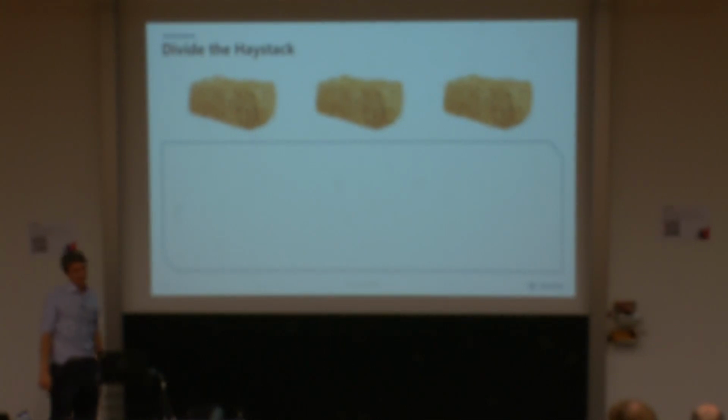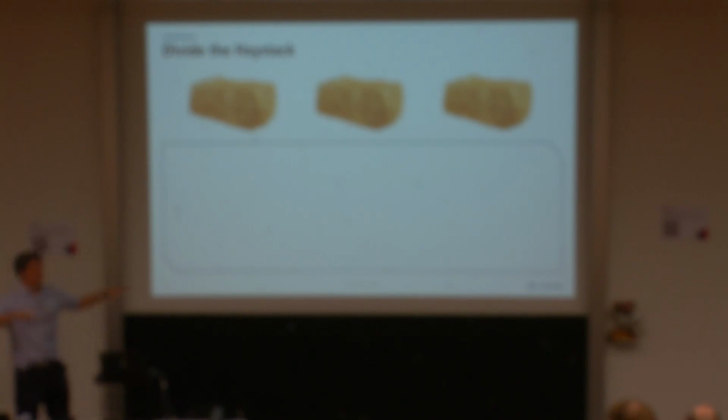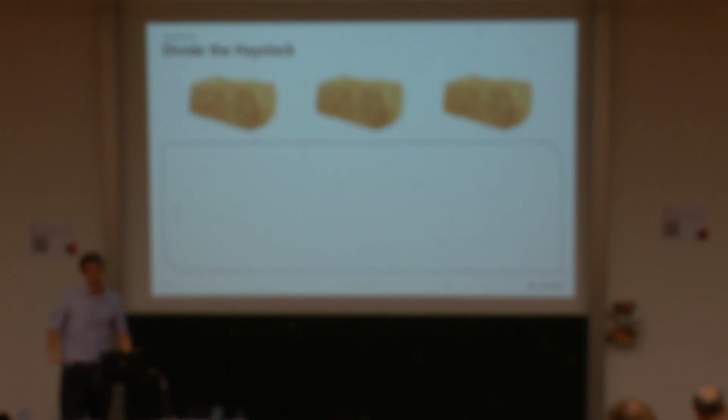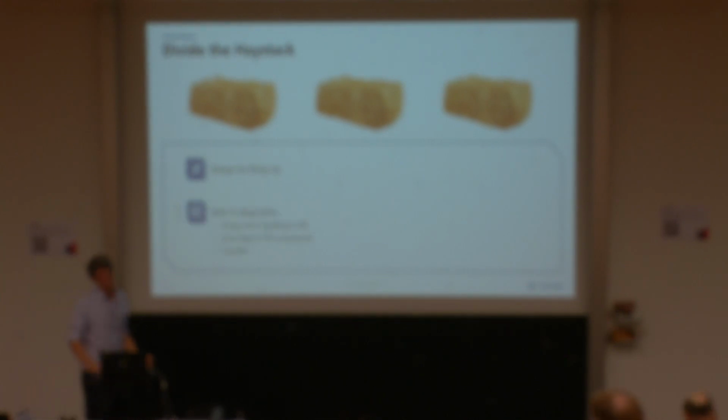So the second half of this needle haystack problem, of course, is the haystack. How can we break down this enormous system, this enormous amount of data we need to look through to find where the bug is? And really, we think that the key here is to design for bring up. And so that means that from the design phase onwards,